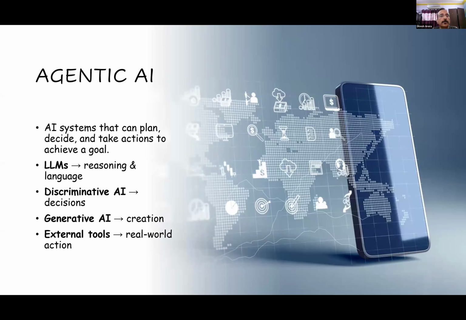Now, coming on to the latest, but not the last one, that is agent AI and agentic AI. For example, if I need to book a ticket for my family holiday this summer, I wish to go to Europe at a particular time, and I want the tickets to be at a little lower cost, then there are agentic AI systems which use a combination of large language models, discriminative AI, and generative AI, and they have an interface.